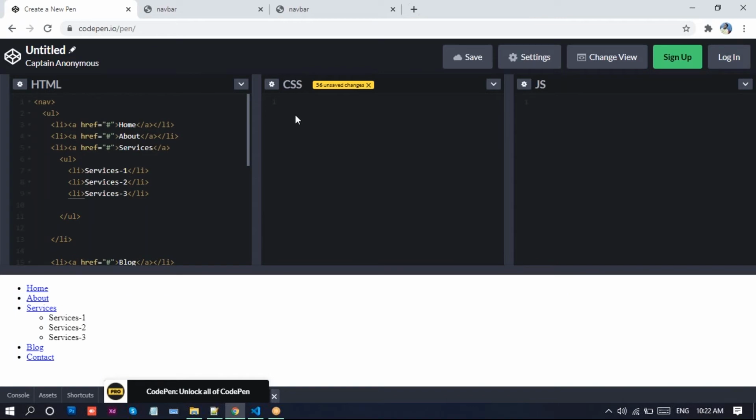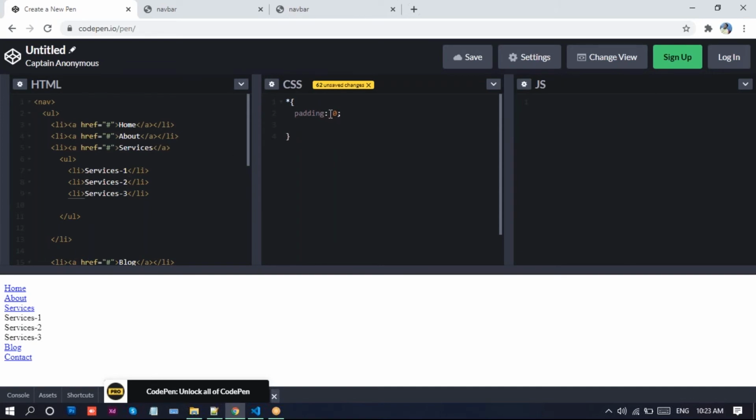So I take the universal selector. You know this selector, right? It matches all the elements, and for every template you need to write this. Why? Because you need to remove the extra space for the elements. Elements have some default margins and paddings, so we write the universal selector and set padding 0 and margin 0.